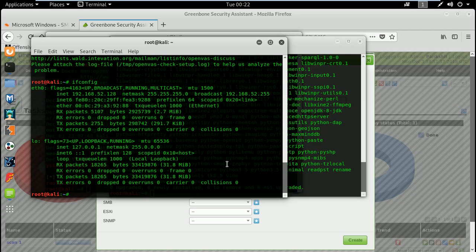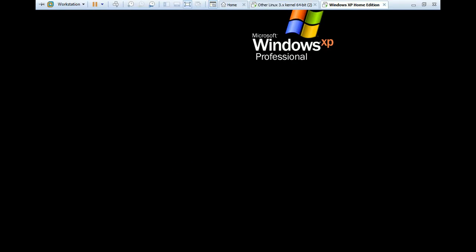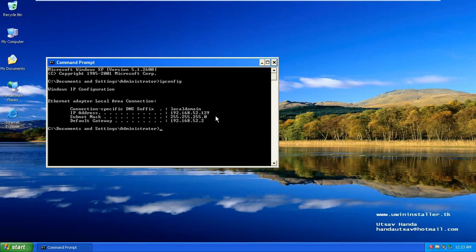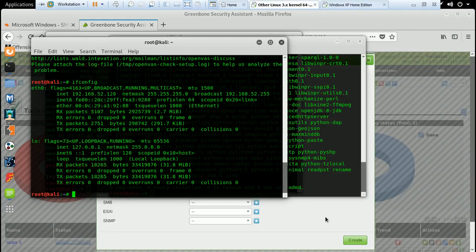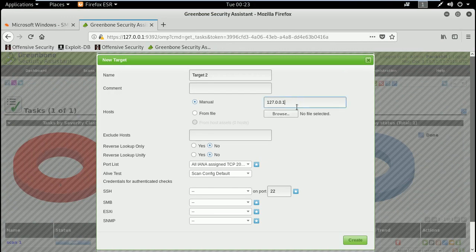the result. I have already shown you how you can perform it with nmap, and how you can get the IP addresses. So I have an XP machine open here, with the IP address 52.129, and I will show you how you can use this on OpenVAS. So let's try this. 68 and 52.129. All right, so this is target 2, and we will set this